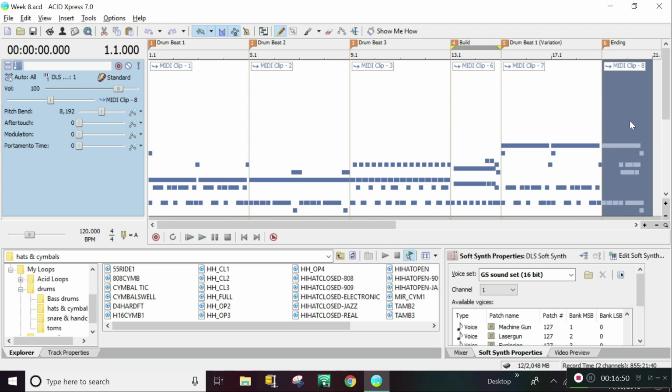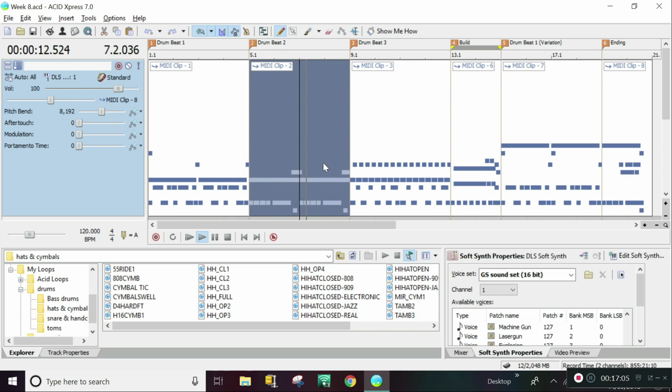Great, so now that we've also heard this ending, one thing I'd just also like to specify is that it was just a variation of the second drum beat. So to demonstrate,